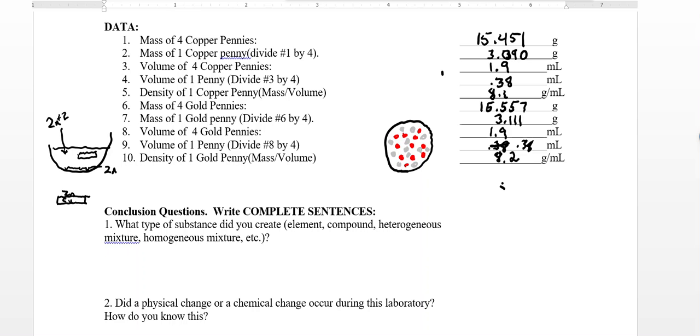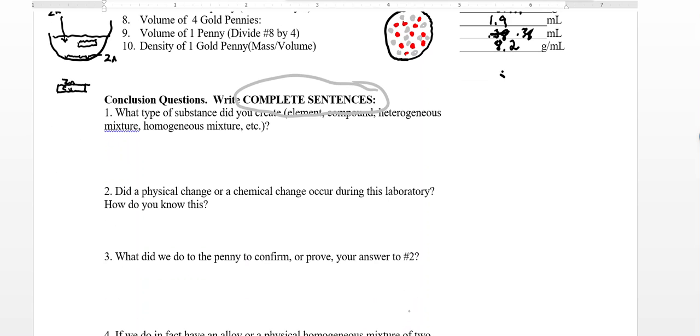So I want complete sentences. You realize that I just answered that question for you, right? And did I not just answer question number 2? Was it a physical or chemical change? You need to ask yourself, did copper and zinc come together to form a new compound, or are they just existing with each other, living with each other? That's the question. If they are just coexisting,